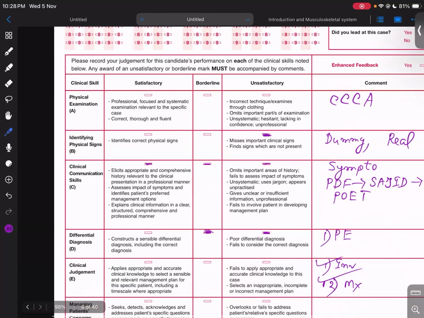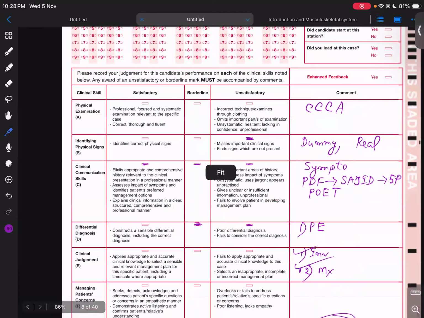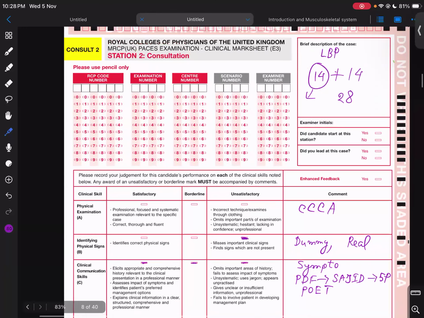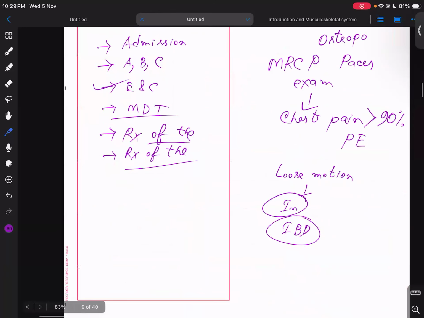Then at the next session, I will assess how you have done the homework. I will practice one-to-one with each one of you. And I will throw cases exactly from the list of cases that I have provided to you, exactly from the same things. And this is my guarantee that from these cases, it is more than 95% guarantee that you will